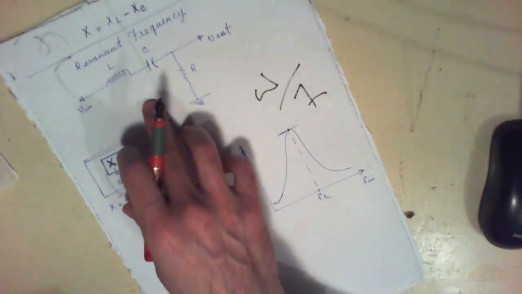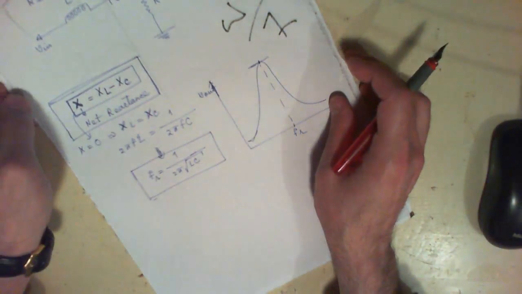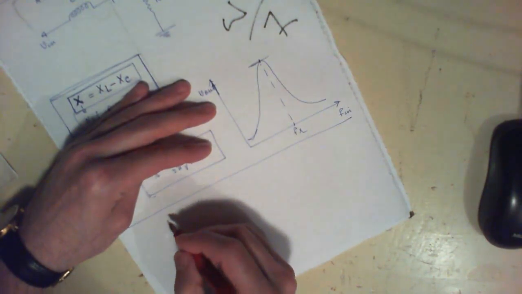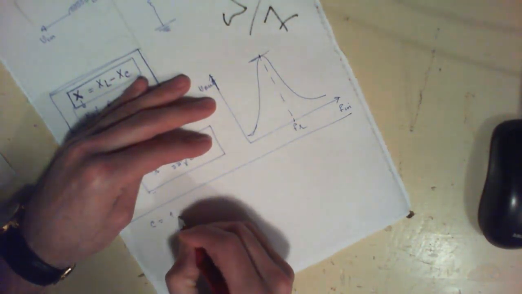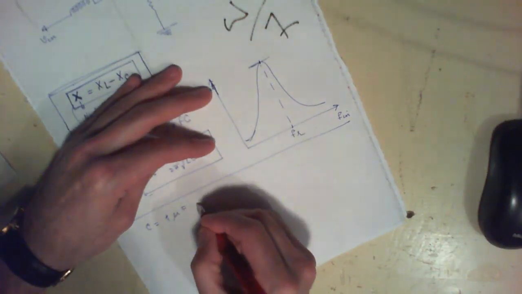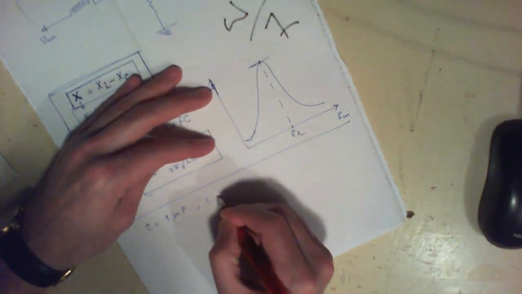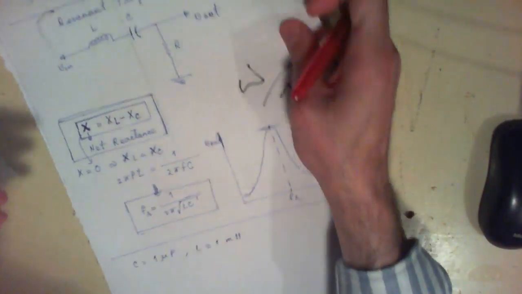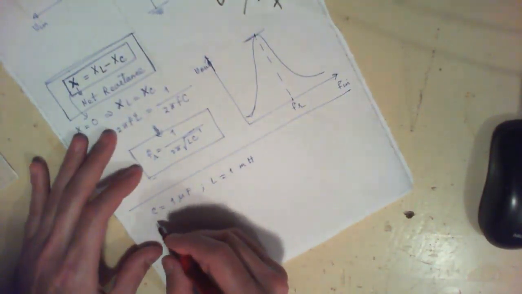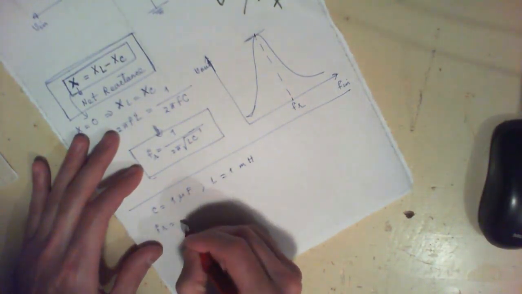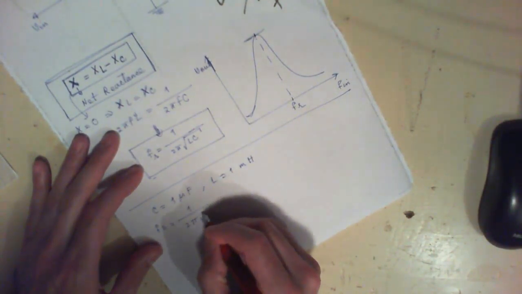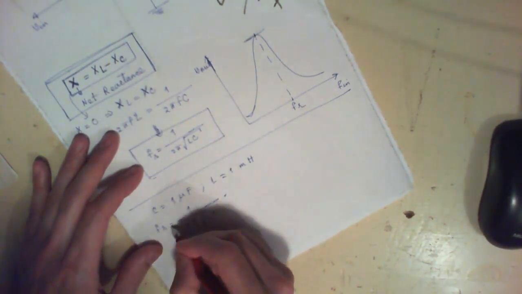Let's say that you have the same circuit over here, and you want to calculate the resonant frequency for this circuit. The values that we have over here are, let's say, your capacitor is 1 microfarad, and your inductor is, for example, 1 millihenry. If the circuit is the exact same thing, then f_r, as we said, is equal to 1 over 2 pi the square root of LC, which is equal to